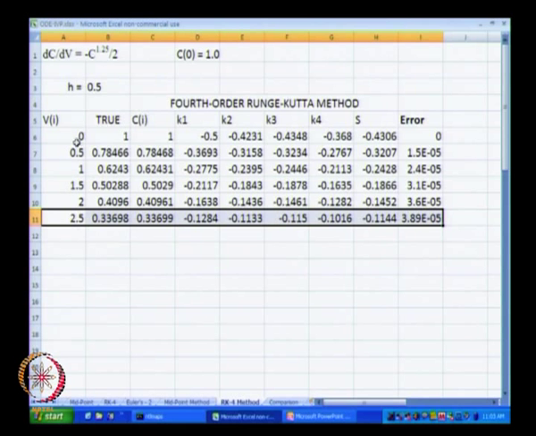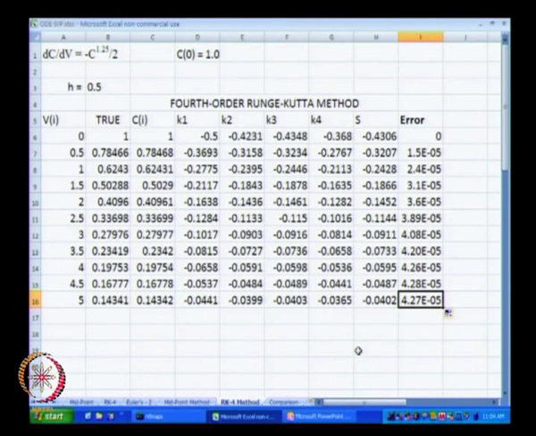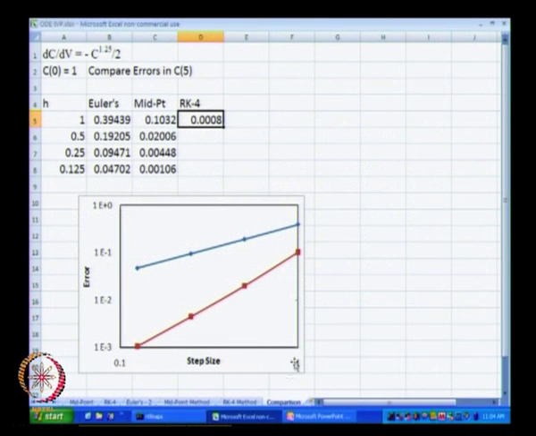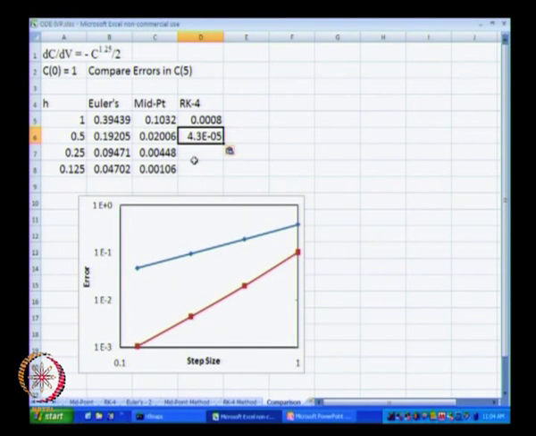So, with that, now v has gone from v equal to 0 to v equal to 2.5 when h is halved. So, I will have to select this last row and drag it until we reach 5. Okay. So, now when we halved h, the error decreased from 0.08% to 0.004%, which is approximately an 18 or 20 times reduction, right.